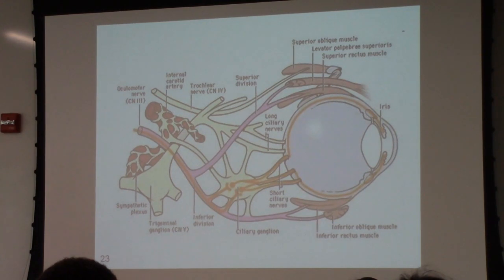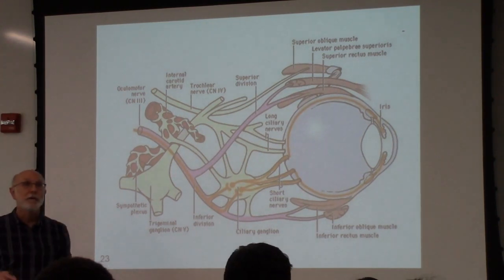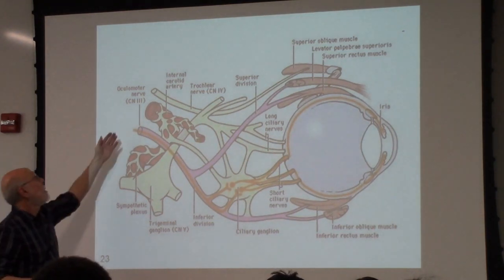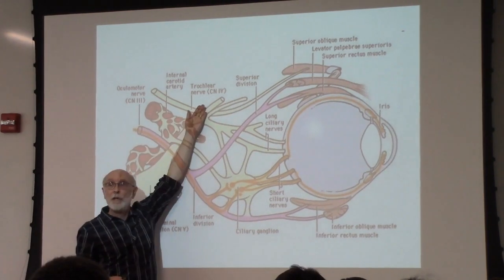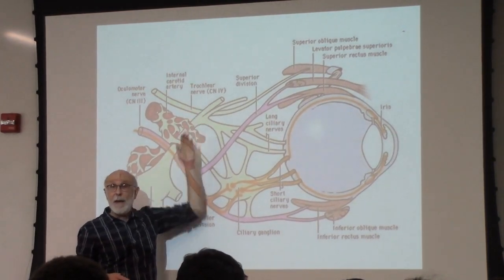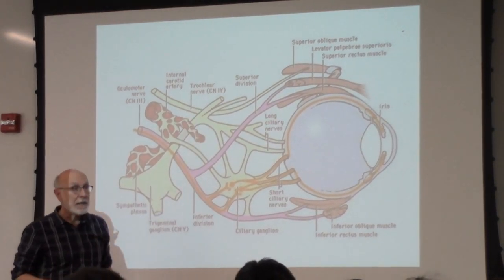The three nerves that you need to know are all cranial nerves, so you've learned their names already. The oculomotor nerve, the trochlear nerve, and not shown on here, so annotate,